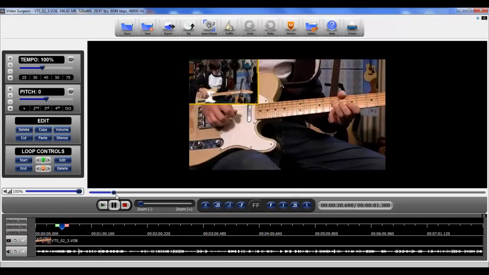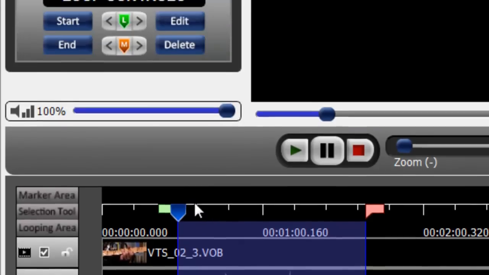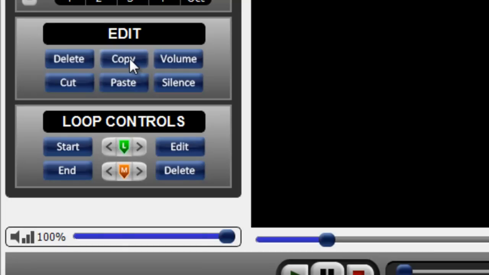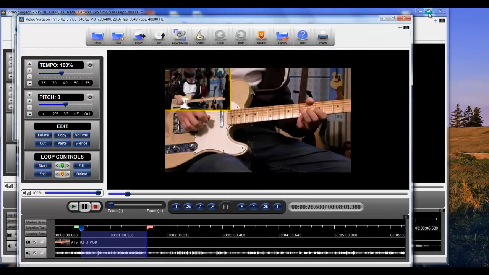file open. Now let's say, and again this is just an example, but let's say there's a segment here that is of interest to us that we'd like to keep because we want to watch it again and learn it. So we can highlight it using this selection tool at the bottom. We can click copy. Okay, so we copy that to the clipboard, and then I'm going to minimize this, or resize it I should say,